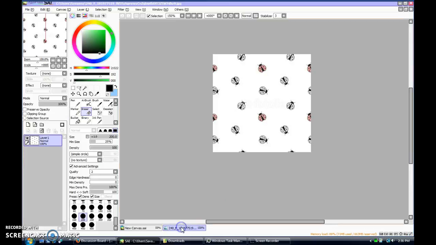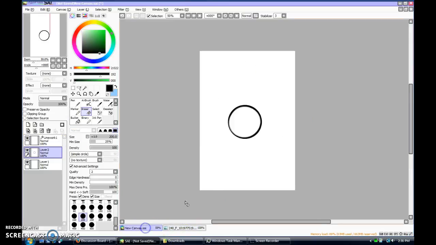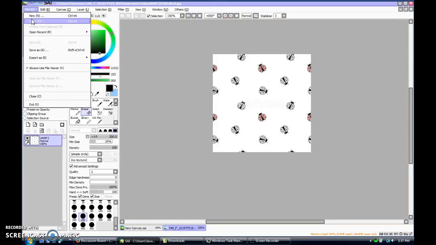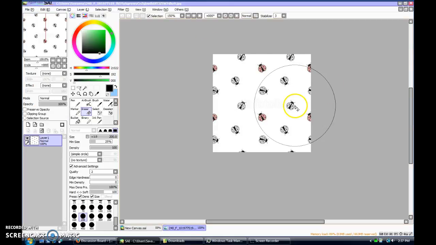Now, to add textures, because sometimes you want to add patterns or something, like if you're drawing clothes and you want to add a design but you don't want to draw it out, or if you're drawing something like a table and you want to give it more of a realistic feeling, you just open up whatever texture you want, just go into File and Open, have a texture right here,